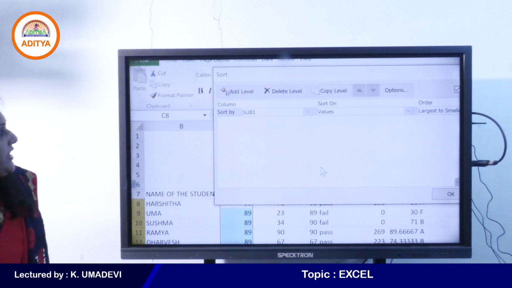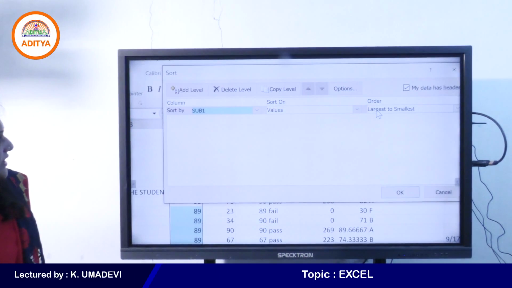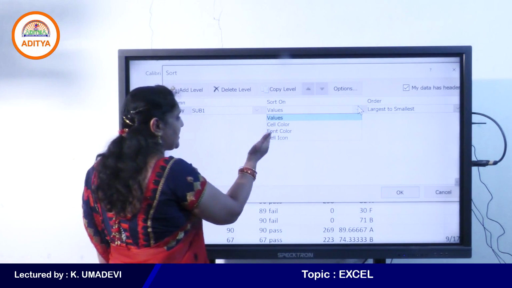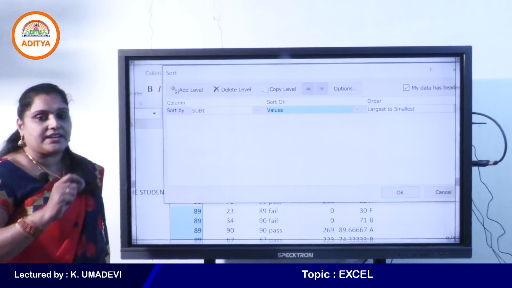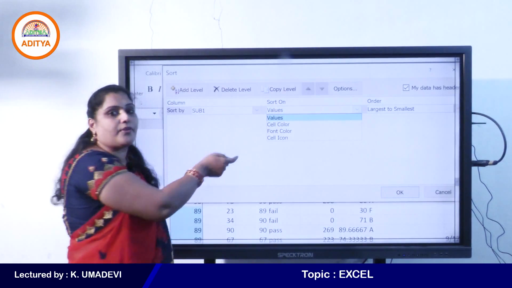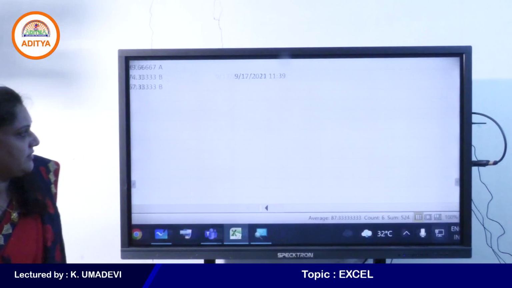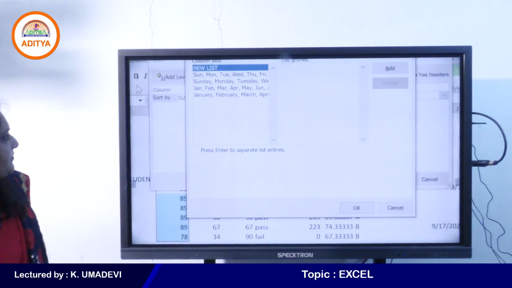The sort dialog box contains various drop down list boxes: sort by subject 1, here subject 1 data is already selected, sort on values, cell color, font color, cell icon. If you apply font color or cell colors on a particular cell, we can sort based on the cell color, font color and cell icon. And the last drop down list is to select the order, that is largest to smallest, smallest to largest or custom list.